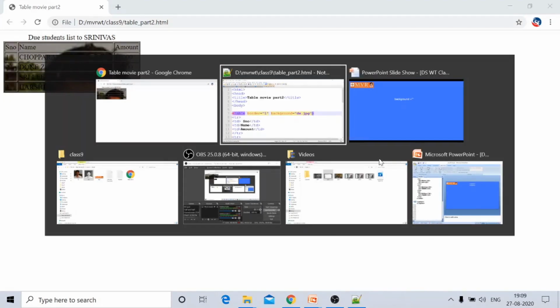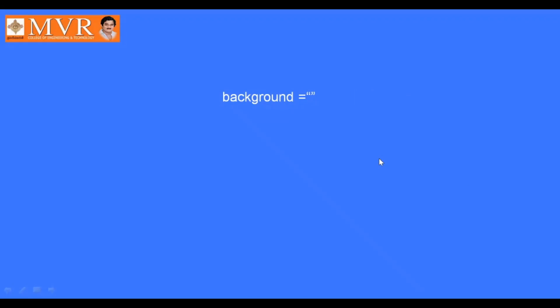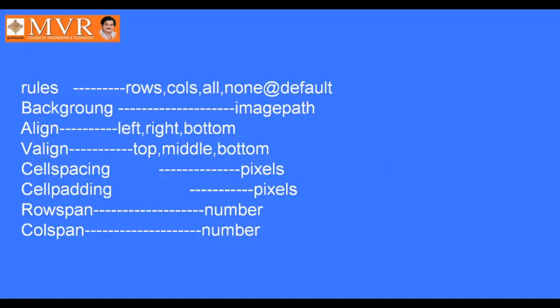F5. The ds image did not appear; not all images appear. We will see later what to do to make all images appear. For now, consider small images only at the initial time of development. In this fashion we set the background for an HTML table using the background attribute.